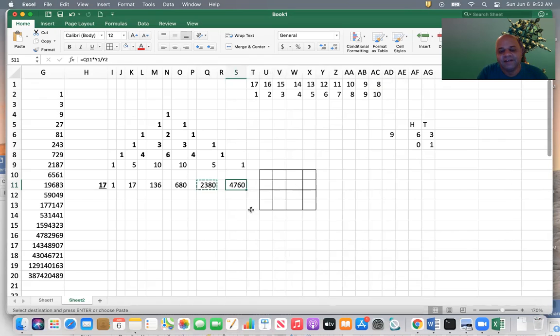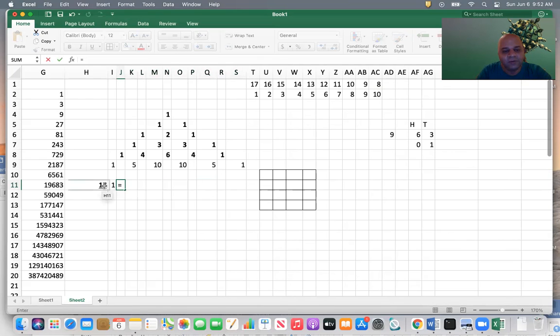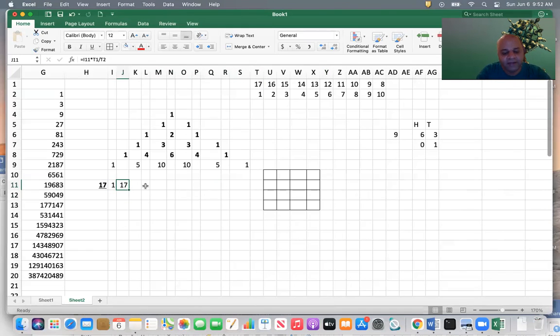Wait, I will give you the simple formula so that Excel will do the work for us. This is equal to 1 into 17 divided by 1. So what did you get? Value 17. Now I will simply copy this formula and paste it here.